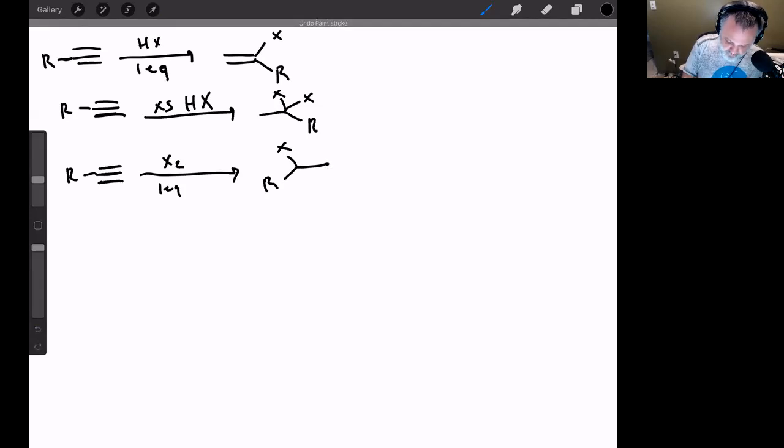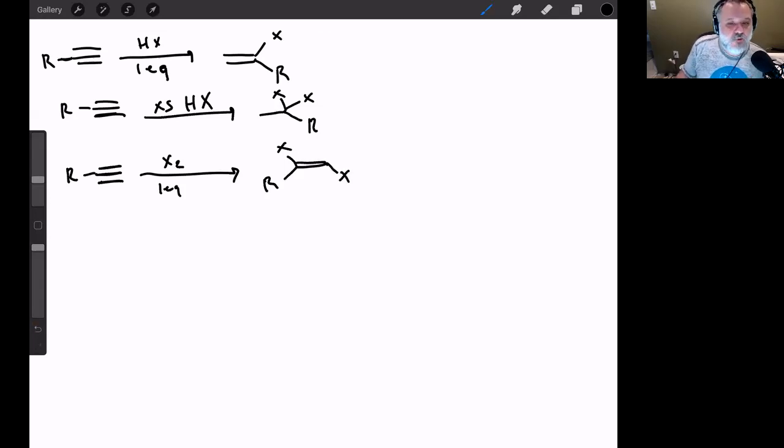Let me draw it correctly. So it looks like this. It's still anti-addition. But if I then take this same reaction and add excess X2,